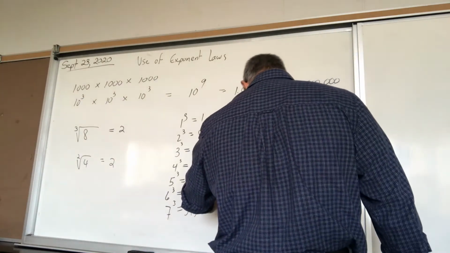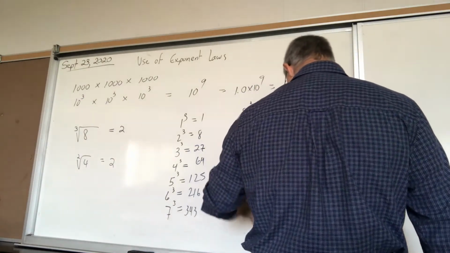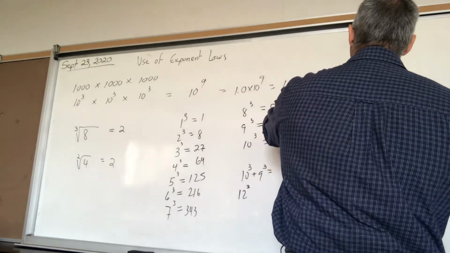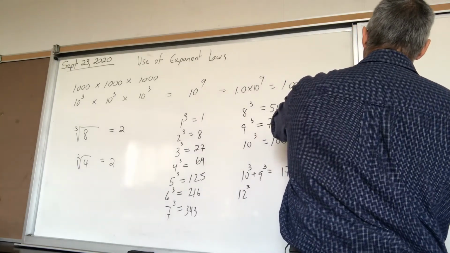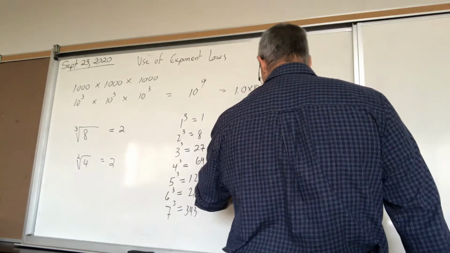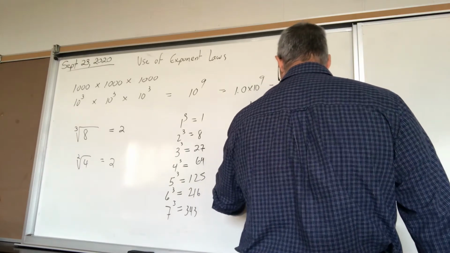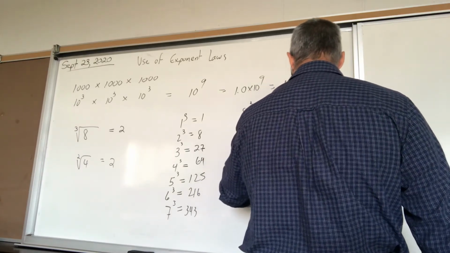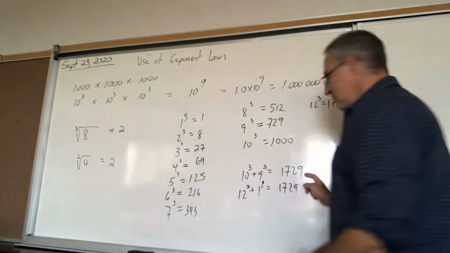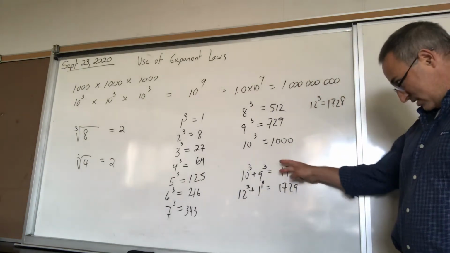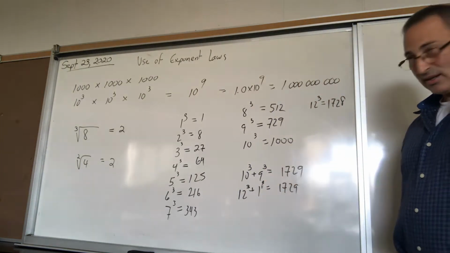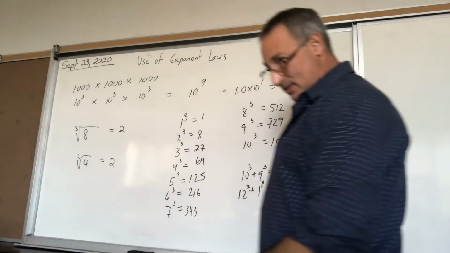But you know what? 12 cubed is equal to, I'll just throw that as an aside, I didn't ask you to memorize that far, but it's 1,728. So 12 cubed plus 1 cubed also gives you 1,729. So this is the smallest number which is still the sum of 2 cubes. And the insight of